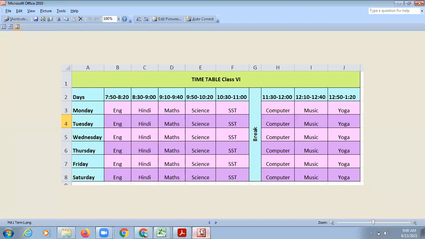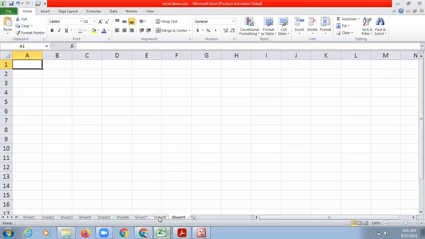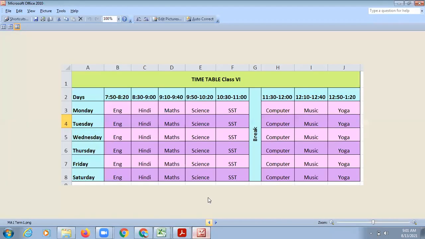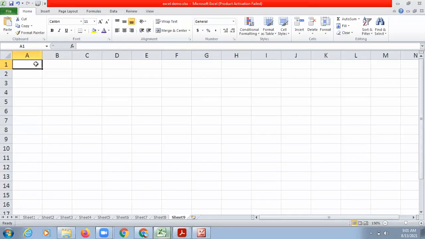So in computer UT, you have to create this type of timetable, and let us understand how you can create this type of timetable now. So you don't have to create the same timetable. You have to create the timetable for your classes. Let's say आपके अभी 8 periods होते हैं, so you will create.